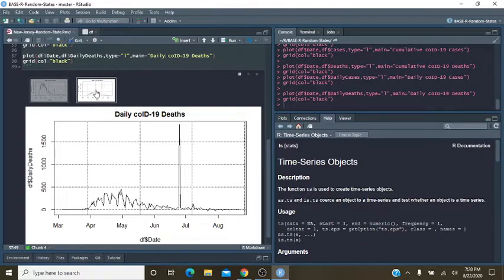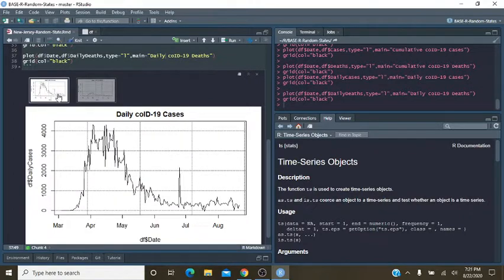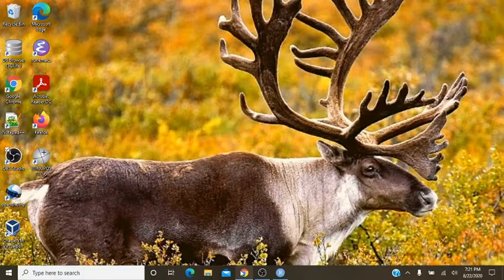Most interesting. Now, one thing we can do is what's sometimes called a lowess or loess fitted curve. Let's take a look and see exactly what we're talking about here.